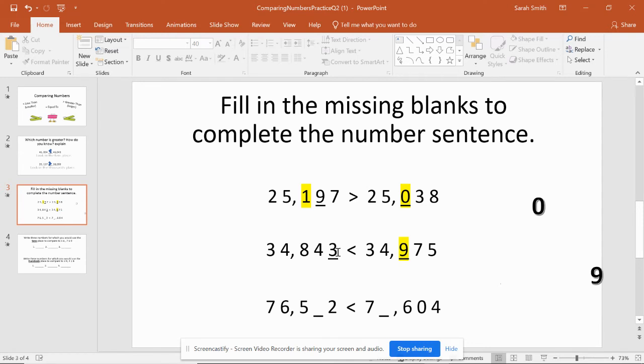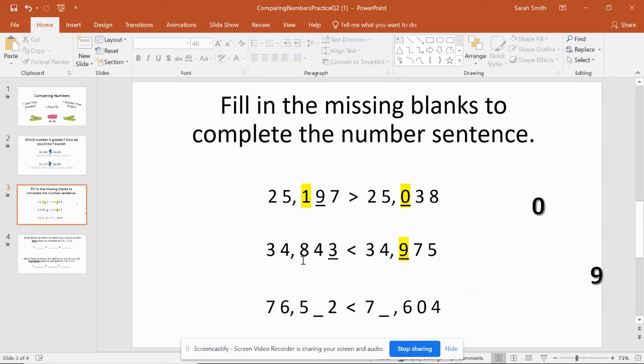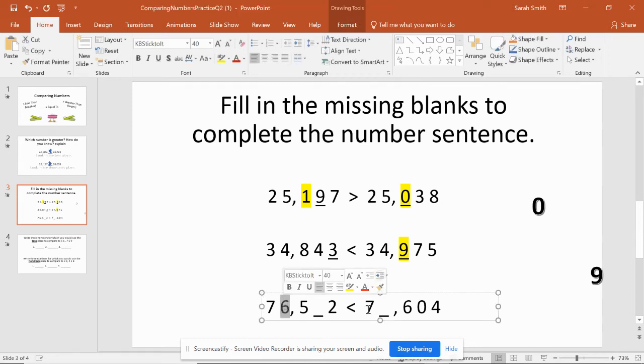So the big hang up is some people might look and see, okay, well, this is a 3 and this is a 9, and they're both the underlined spots. Okay, but that's not what you're worrying about. You're worrying about whether or not you can tell me which place is the biggest and whether or not that number sentence is true. All right, so 7 is the same, 7's the same. Then we have a 6 in the hundreds place, and the reason I know I'm highlighting it is because over here,